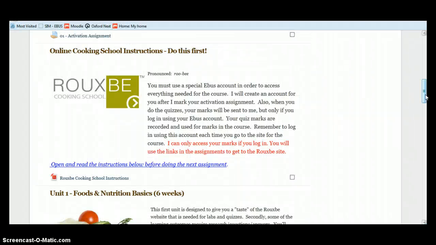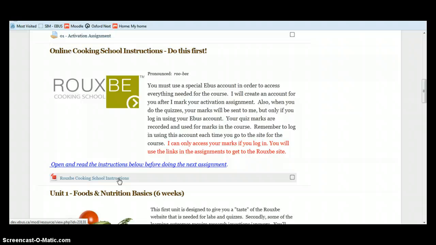Much of this course will require going to the Ruby Cooking School. It's a separate site, and I will create an account for you once I've marked your activation assignment, and I will send your login information in the email that I send back to you with your marked activation. You will also find, once you read the instructions here, that the first time you log into the site with the information I give you, they will ask you to change your password.